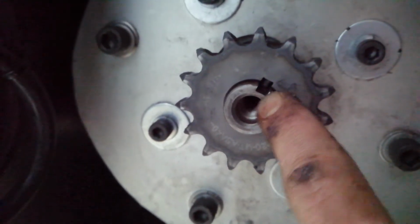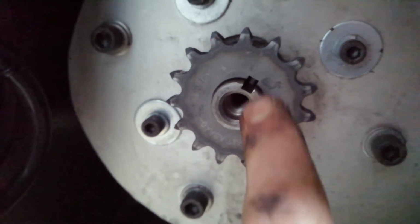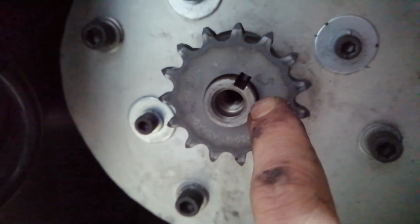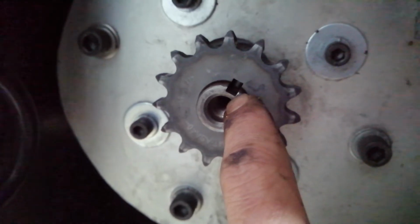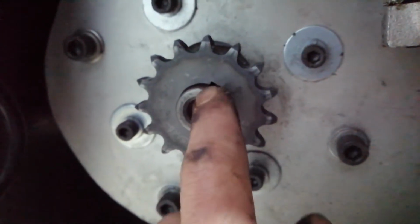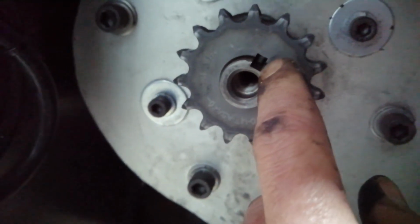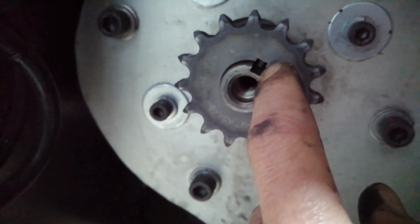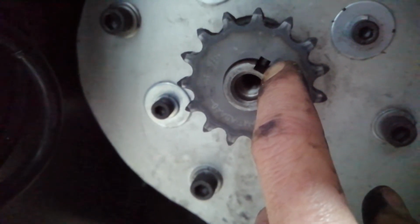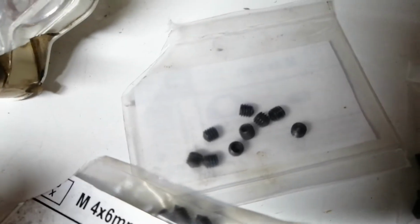The reason I've pushed it back is this shaft tapers up at the back, so I've pushed it all the way back, as far back as it can go, so it hits that taper up, so it doesn't move any further, so this can't go any further. Then what I've done is I've cut a slot into the key, right? And then I got a whole bunch of these grub screws, and I've put